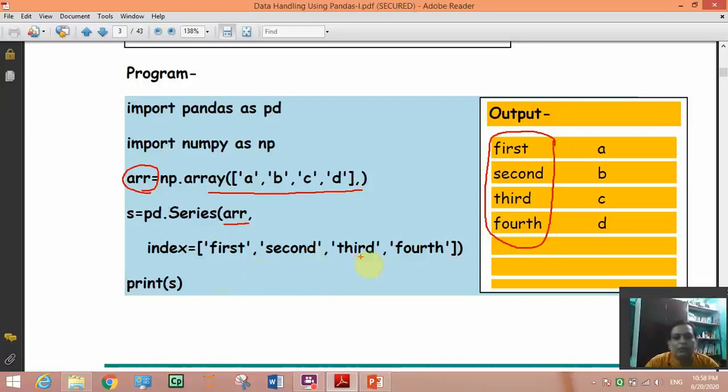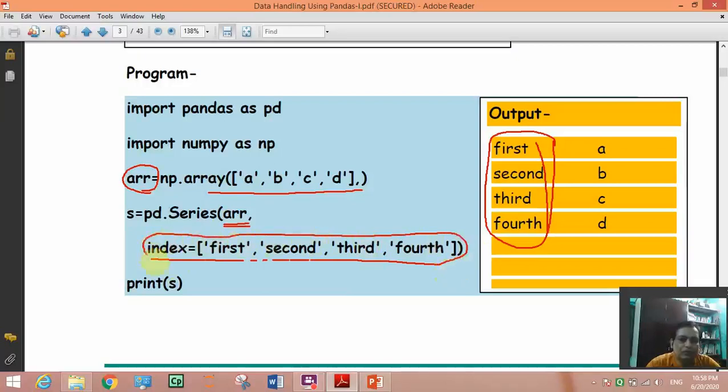Any word you can write, it will come as index. So Series has 2 arguments. The first one is mandatory, that is compulsory to give, and the other one is optional. Optional means you can give this one or you can leave it.